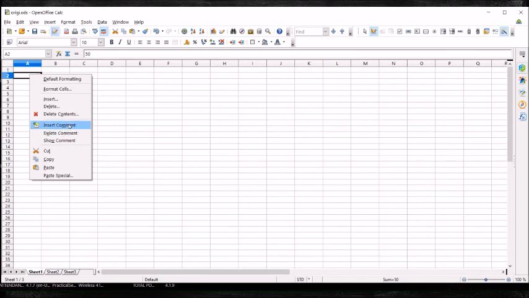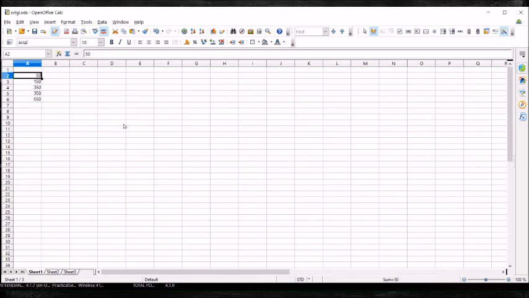Using this I can insert a comment, using this I can delete a comment, and using this I can show a comment. And when I hover on the cell where I have inserted the comment, it will be shown automatically also. So this is how we can insert, edit, and remove comments.